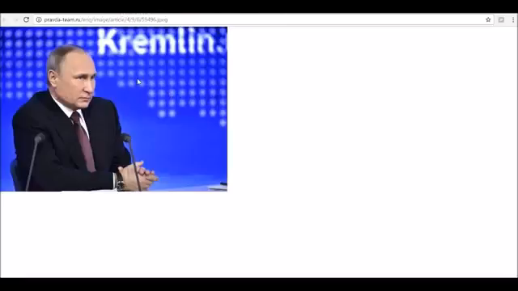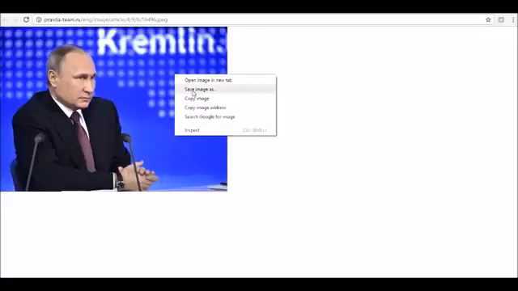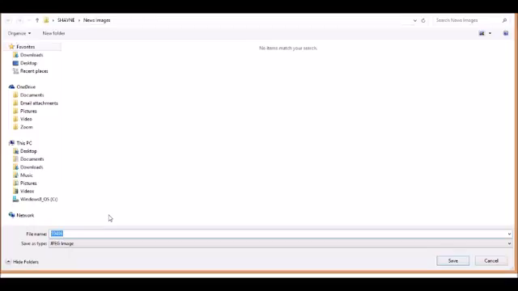The first thing that we have to make sure is that our image is big enough. So in this case, it's okay. And what we have to do next is to save this image. So save image as. You can select whichever folder you like. In my case, I have a separate folder for the news images. And the first thing that we have to do in order for our image to have a good SEO rating is to edit the file name and not just to save the image automatically. So I'm going to save this image in the file name of